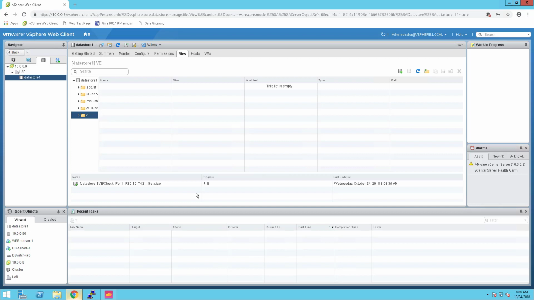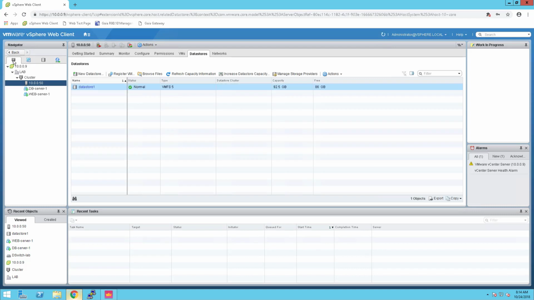Depending on your connectivity, that process can take up to 2-3 minutes. Next, after we see that the file has been uploaded correctly, we will go back to the hosts and clusters